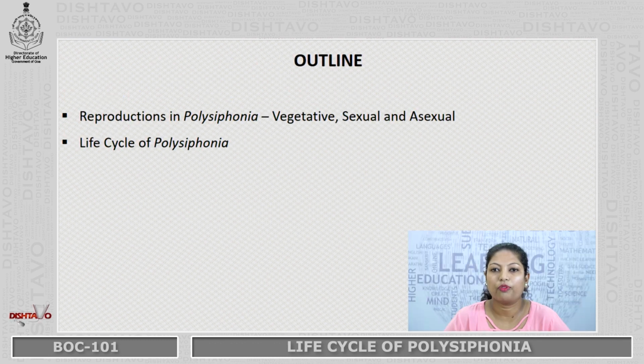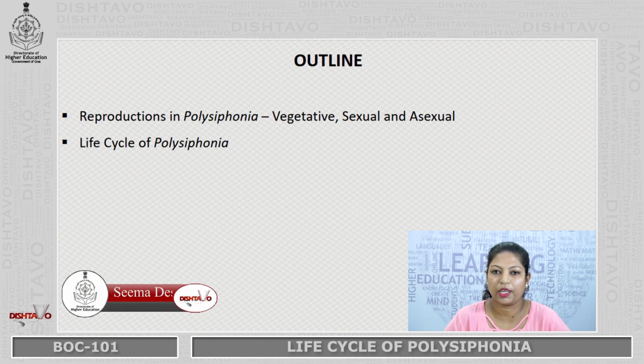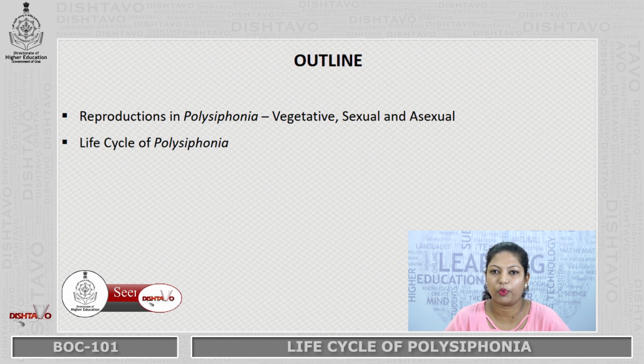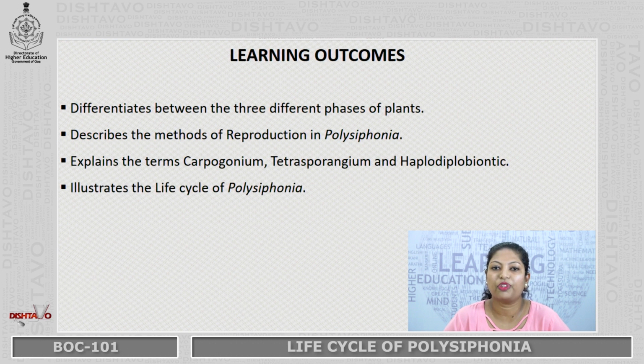This is the outline of my module wherein I am going to cover reproduction in Polysiphonia, types: vegetative, sexual and asexual, and the life cycle of Polysiphonia. At the end of this module, the learners will be able to differentiate between the three different phases of plants, describe the methods of reproduction in Polysiphonia, explain the terms carpogonium, tetrasporangium and haplodiplobiontic, and illustrate the life cycle of